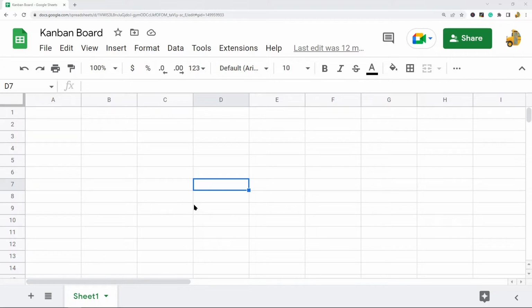So the first thing I'm going to do is create my 3 columns. I'm going to have a column for to do, in progress, and completed tasks. So the very first thing I'm going to do is create my headers for my columns. So I'll create a column here for to do, a column here for in progress, and a column here for